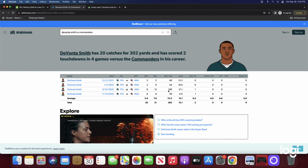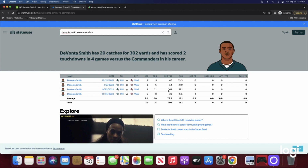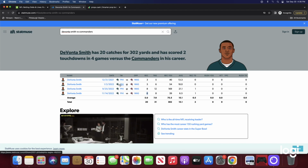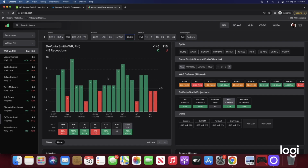Yardage wise, I don't know where they have his yardage at. I will have to take a peek and see, but I'm guessing it's around 60 something, 62, 65. That's okay, but I'd rather just do the receptions based off what I'm seeing right here. Now, let me show you guys what I like about this in props.cash as well. Once again, if I head over to props.cash and I type in Devonta Smith